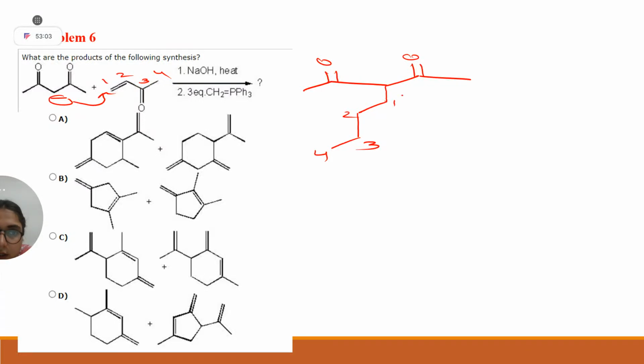Clear? Where will the double bond come? Between carbon number 2 and 3. On carbon number 3, O negative will be. Oh, yes, you are looking at why I am drawing like this, in order that you start drawing in the same way. Do numbering, it will be very easy. You will not miss any carbon. Otherwise you will miss carbon. Okay, this point is clear.